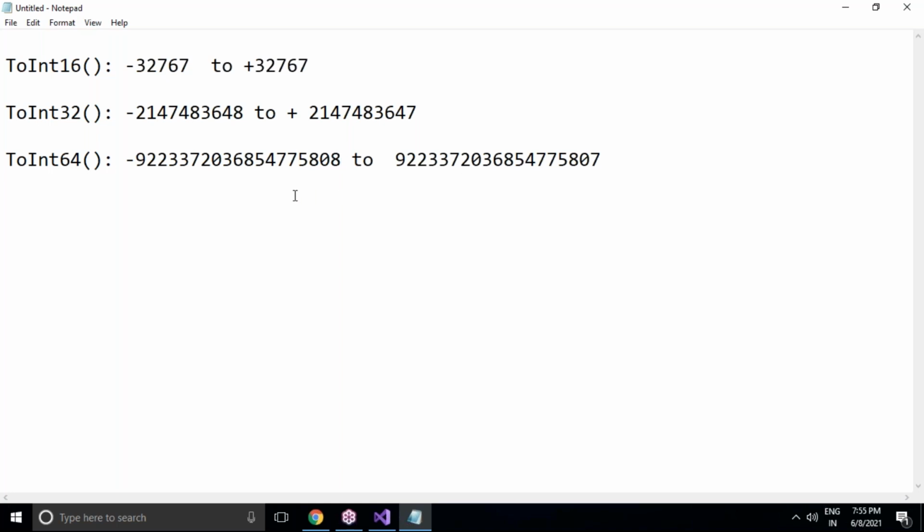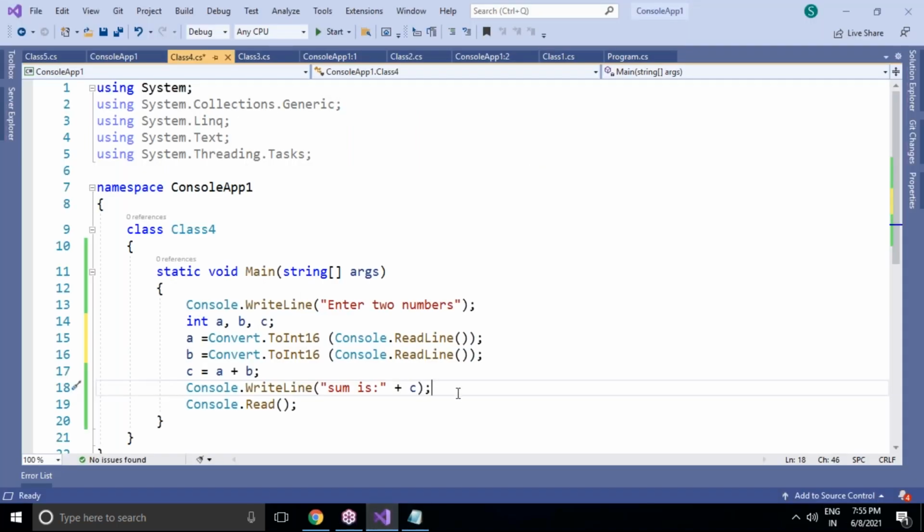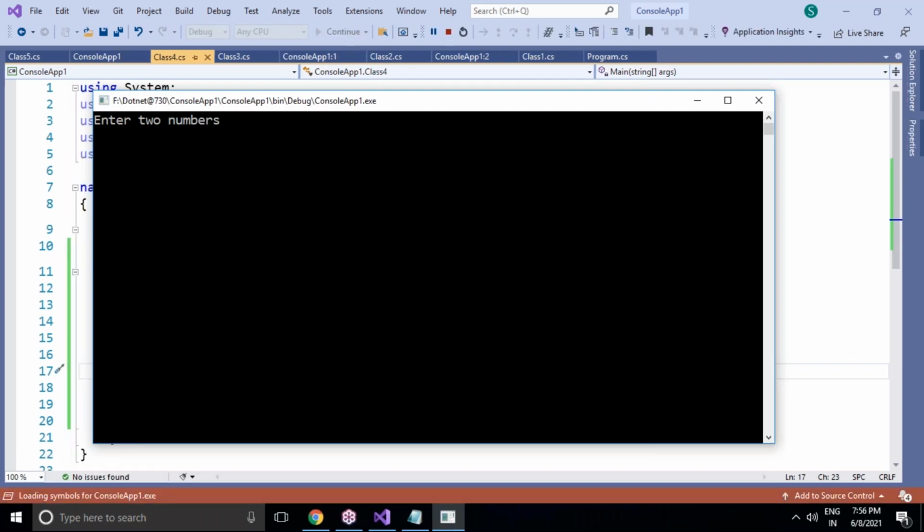So ToInt32 is a maximum range here. ToInt16, ToInt32, maximum values like this. If we give different values, even if you want to get the maximum value and minimum value also, we need not go for this one. Through programming also we can do it. I'll tell you how to get it programmatically, but I'm taking ToInt16 here. My input is very small. Look here, I'm just giving very small values. It's going to work out, no issues at all. Below, like this, I'm giving below.